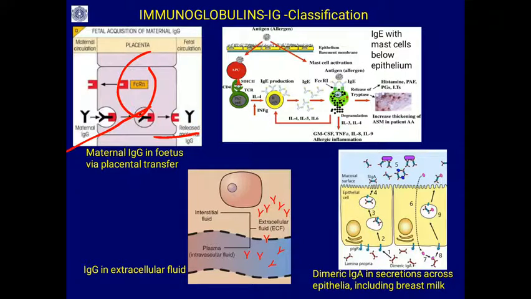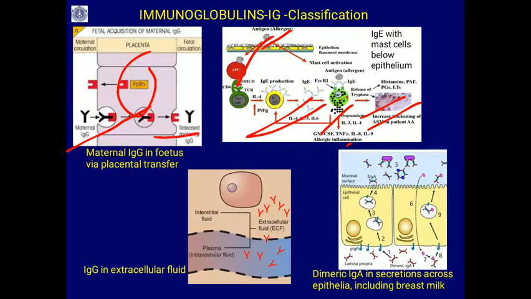Now see the functioning of IgE. IgE is the one that is with the mast cell. Whenever an allergen gets in through the epithelium into the system, you can immediately see the IgE going to bind. This IgE is recognized by the mast cell, and it brings about the inflammation or allergic reaction by releasing histamines and other mediators.